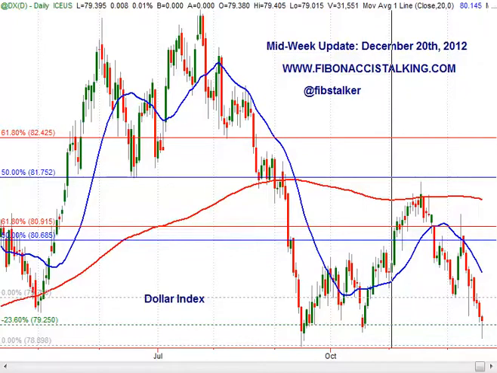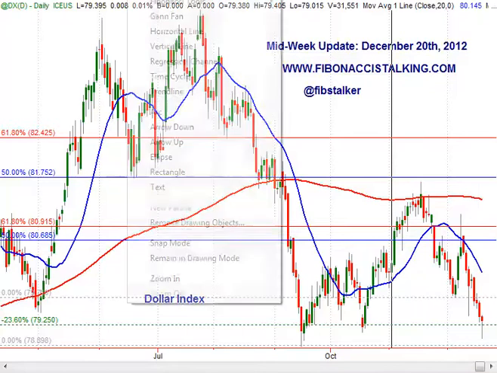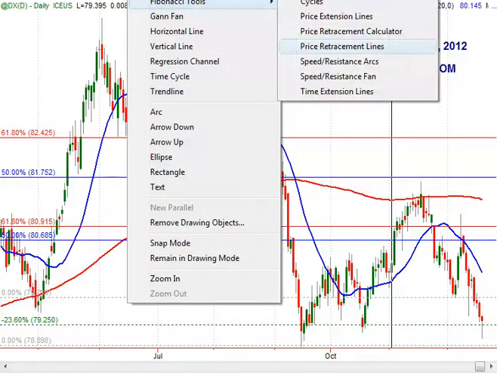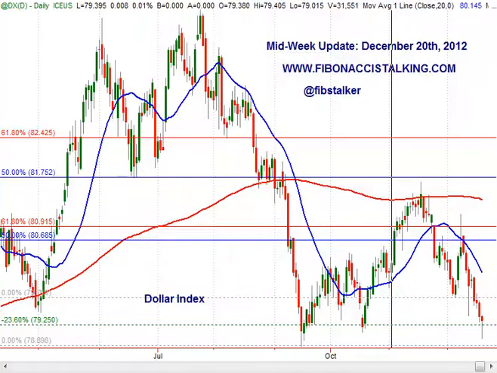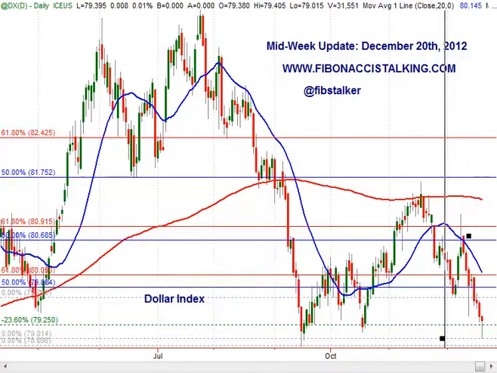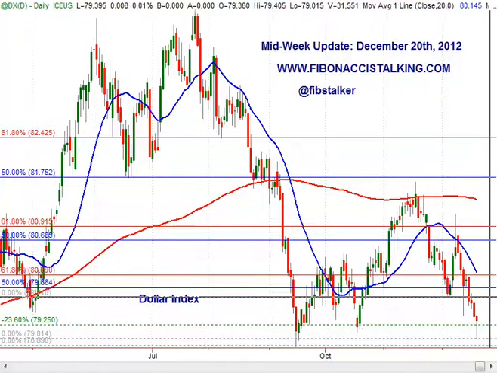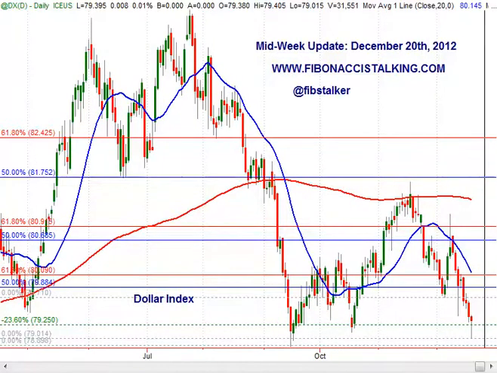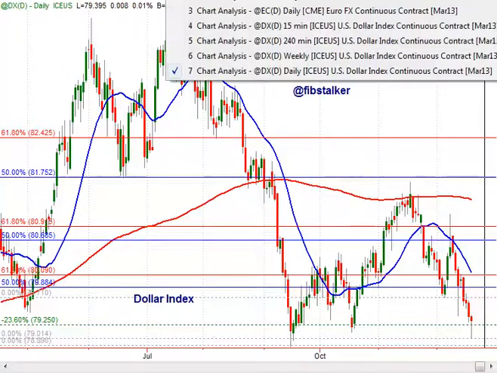So it's possible that, as we will also see in the euro dollar cross, euro dollar future, the dollar index could actually retrace into the 7980 level and meet this 20-day moving average here. So that's what I'm anticipating in the coming days. So let's move to the